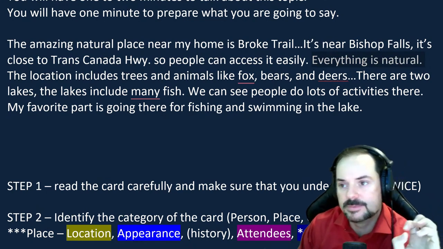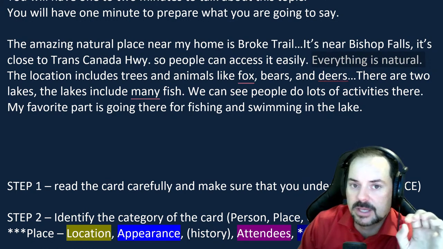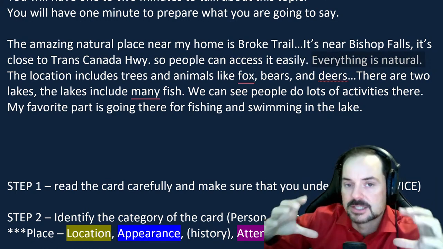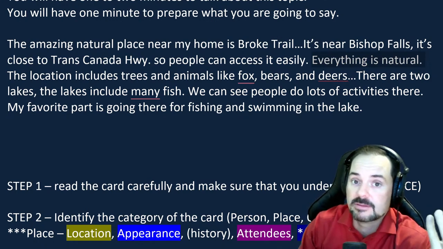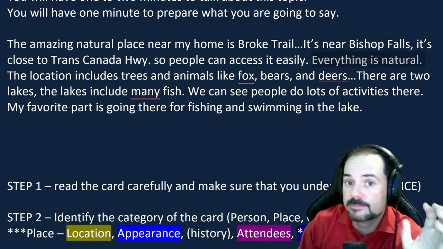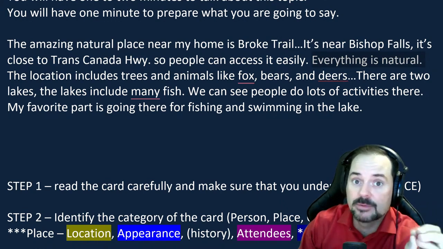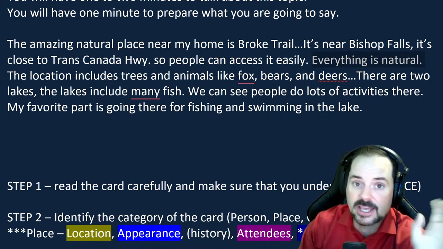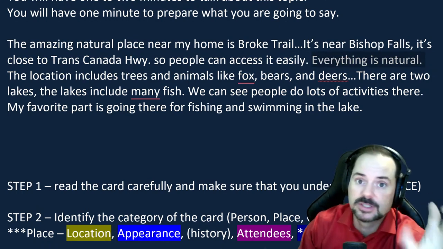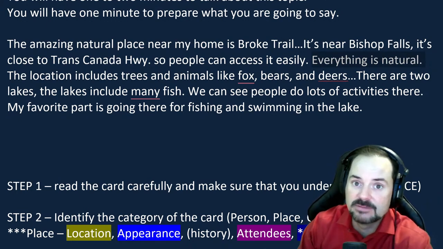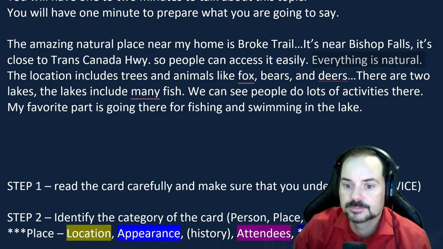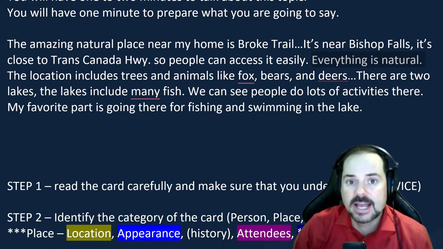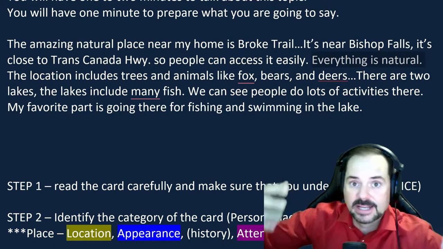So the strategy that I want you to really pay attention to is just being concise and simplifying. So if you're telling me that you really like to go there for swimming and fishing in the lake, then you can simply say, and I have a great memory just last week catching a 10-pound trout or a 10-pound bass in the lake, which I ate with my family that evening, right? So you can combine it. The experience can be combined with the activity.